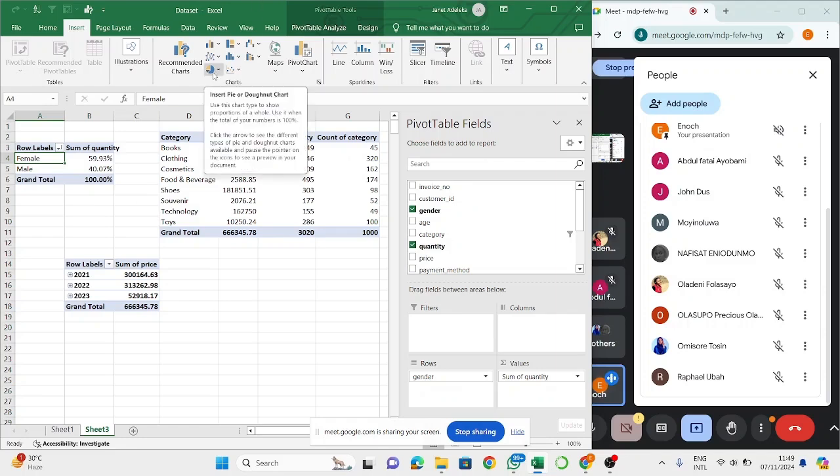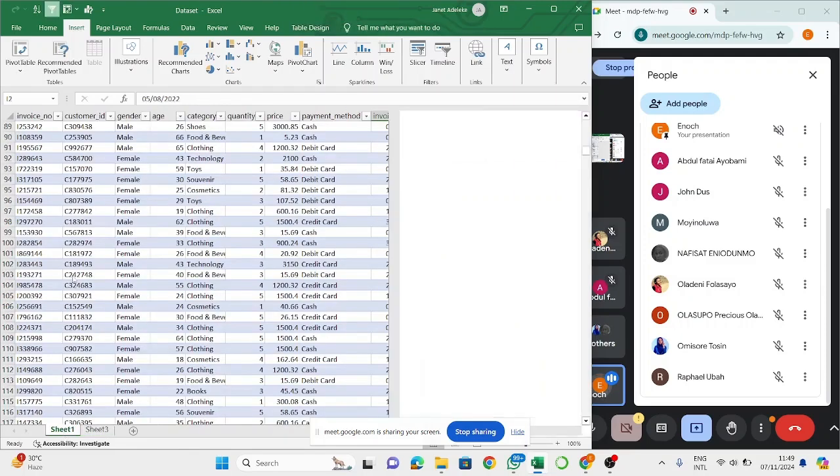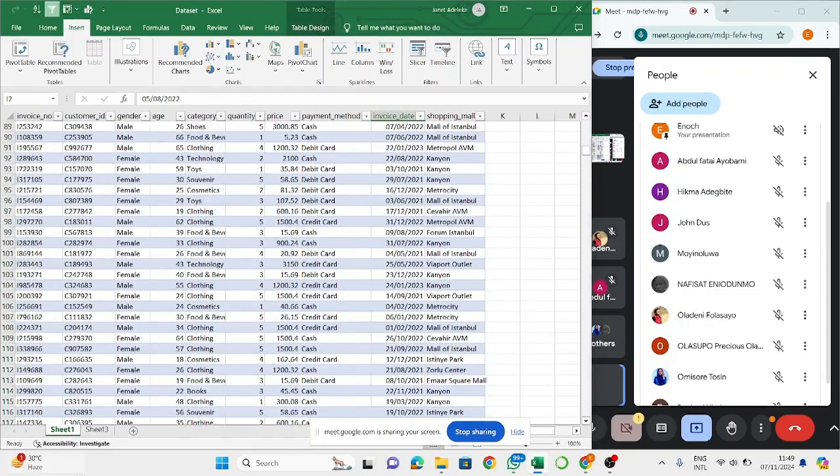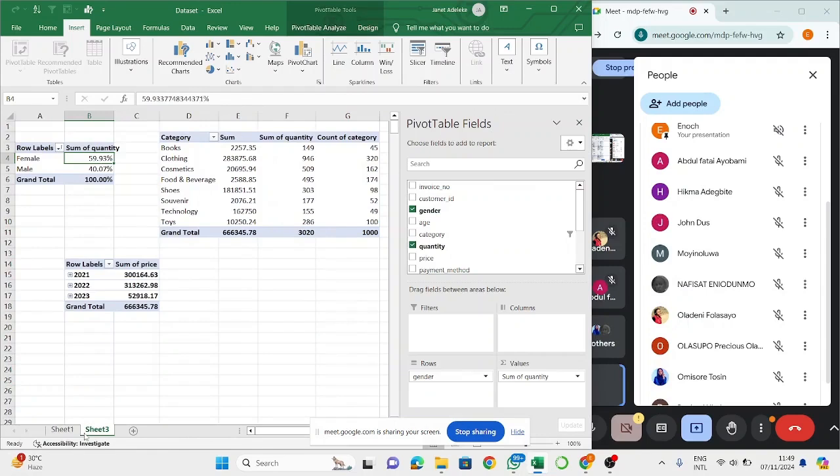On your Insert tab, you should highlight your data, but since it is a pivot table, you can just select something in the pivot table. But if you are going to use something as large as this, you highlight it. I love visualizing something when it is in pivot table format, most times actually. So you just click on this, then